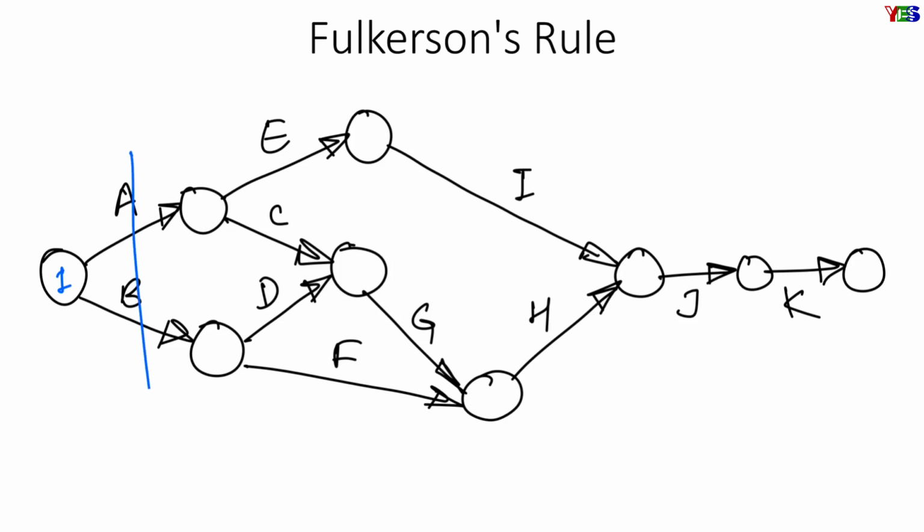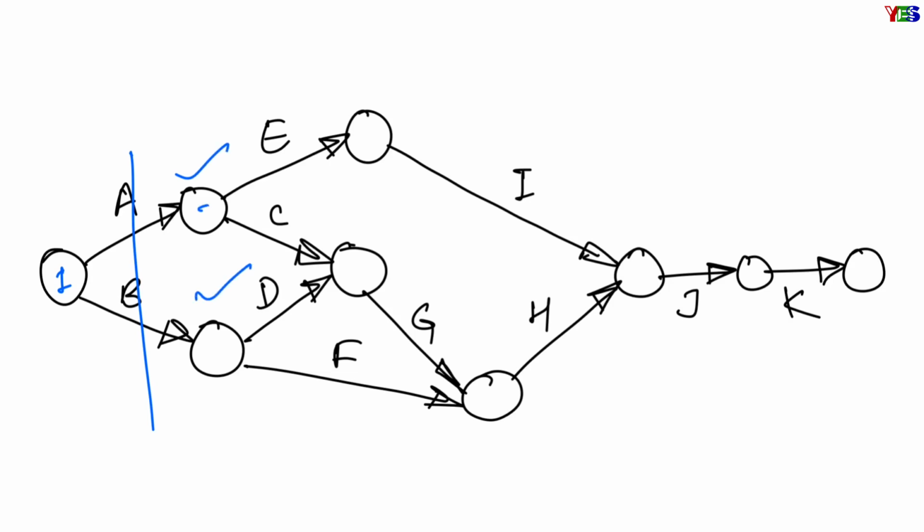Now give the next numbers to those events before which there is no activity. Since we have eliminated A and B, here we have two events not having any activity before them. So we can give numbers 2 and 3 to any of them, and this will continue to the last event. There are two activities, activities C and E, after event 2 and activities D and F after event 3. So eliminate these 4 activities.